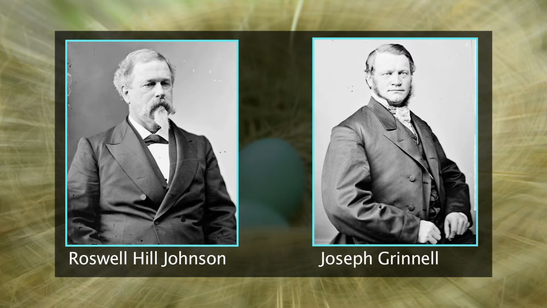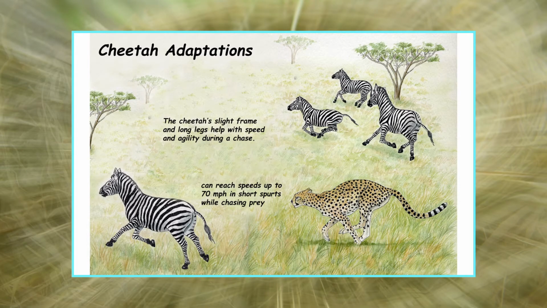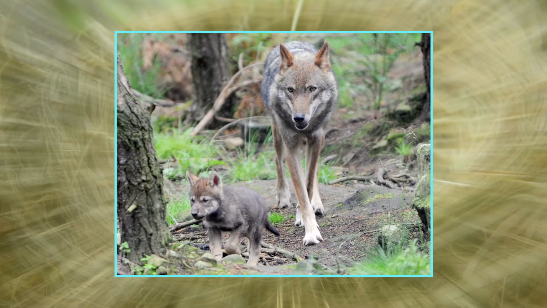the first to use it in a research program in 1917 in his paper, The Niche Relationships of the California Thrasher. The Grinnellian niche concept embodies the idea that the niche of a species is determined by the habitat in which it lives and its accompanying behavioral adaptations. In other words, the niche is the sum of the habitat requirements and behaviors that allow a species to persist